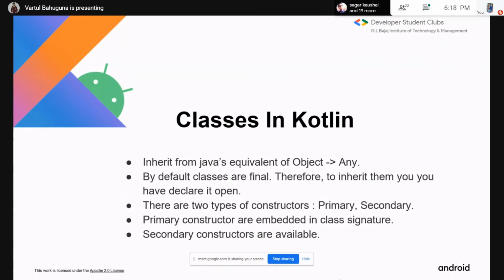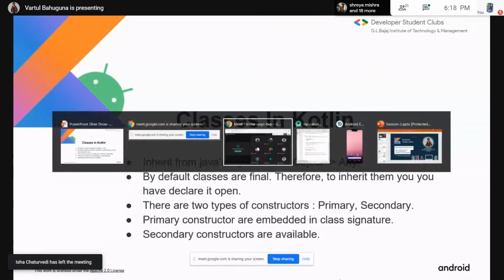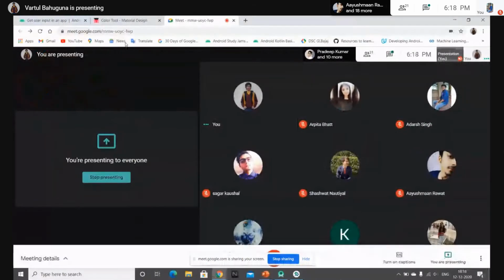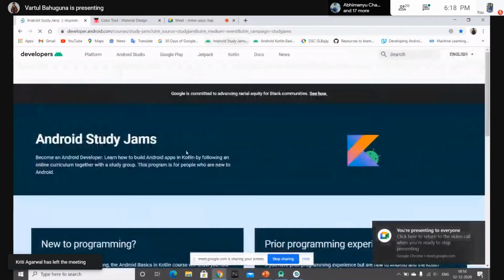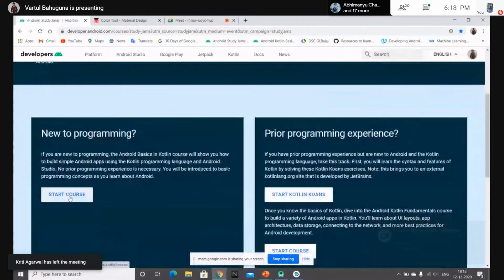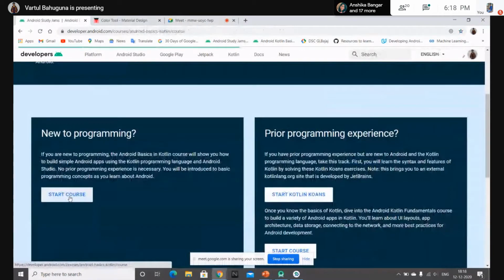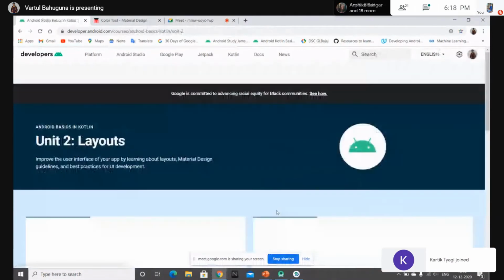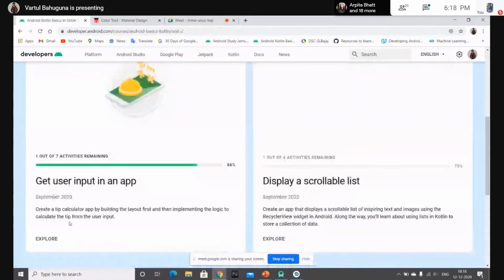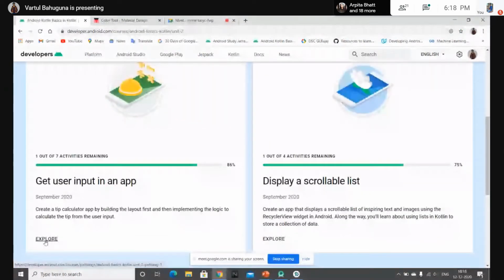So without wasting time, let's jump to yet another pathway in Unit 2. Let's go to the link of the curriculum, the first track, Unit 2, and the fifth pathway.